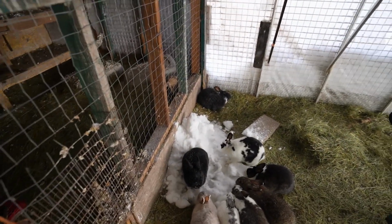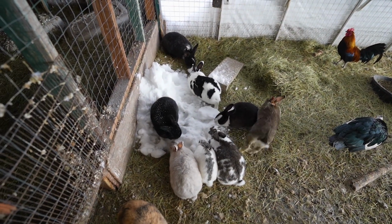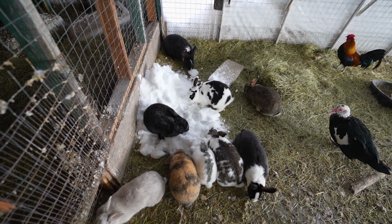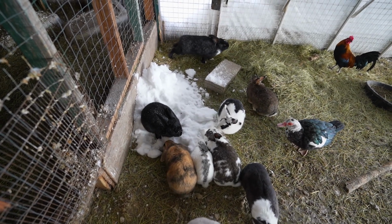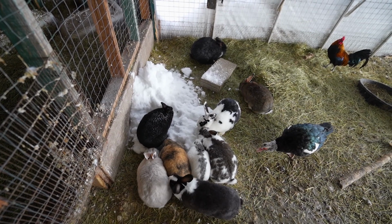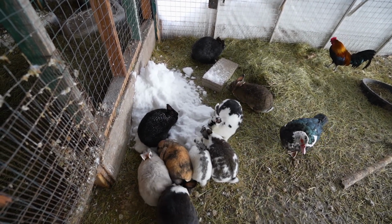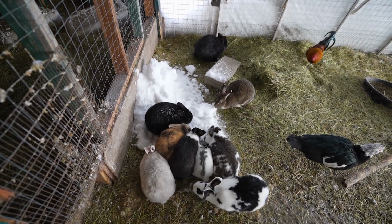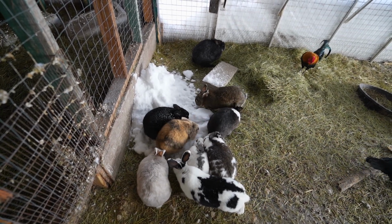So I just went and gave them some more snow. The snow is working very well. We have been giving them water, of course, morning and evening as well. But since they slowly graze the water, it freezes by the time a few hours go by. So we've really found that giving them snow, they can eat away at it just like the wild rabbits do. And they get moisture in the form of snow, water,